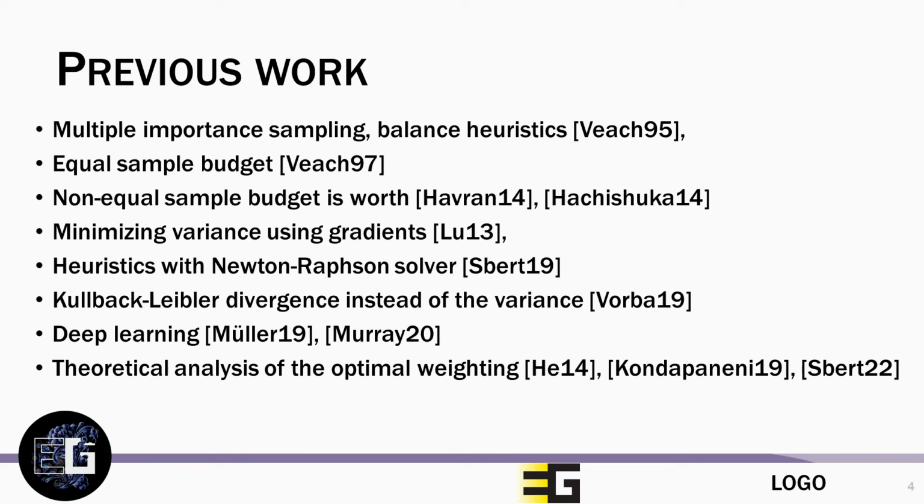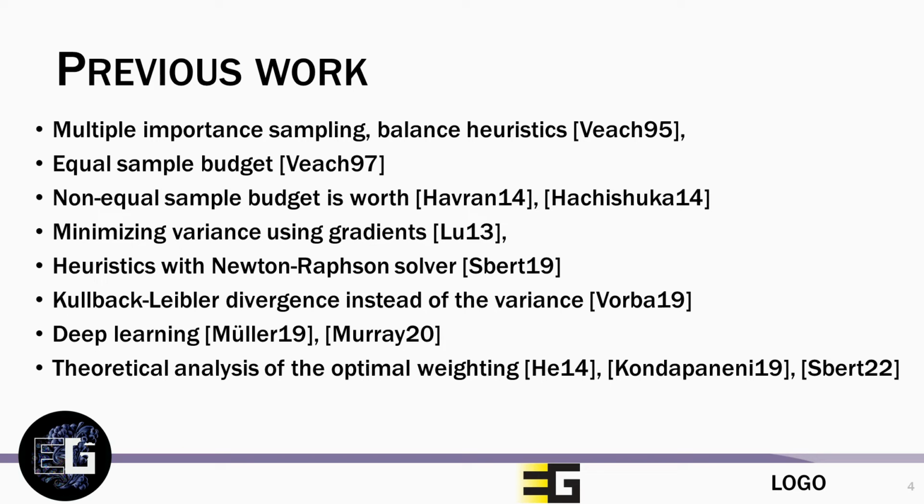Multiple importance sampling and its balance heuristics were introduced to computer graphics by Veach. It has very many applications and generated a lot of follow-up papers, so we can concentrate only on the most relevant ones from the point of view of our contribution. Veach also proposed to give equal sample budget to each combined technique, stating that other techniques can only be slightly better. This was proven wrong, and Sbert, Laszlo and also Havran proposed heuristics for the sample allocation with more significant